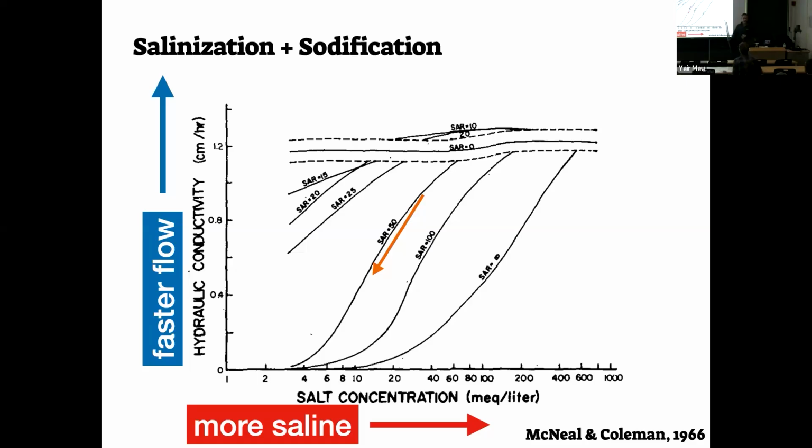Most graphs we find in literature, starting from this one in 1966, until basically today, show this kind of picture. And the problem with this kind of picture is it only shows the process of the degradation of the soil. But I'm interested in asking, after it's degraded, what will happen if we go back and we increase either the salt concentration or if we decrease the levels of sodium? Will it go back? We have no idea from this graph.